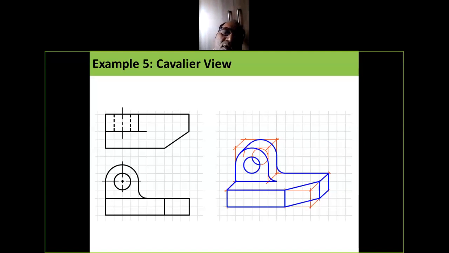These are the examples of cavalier view.